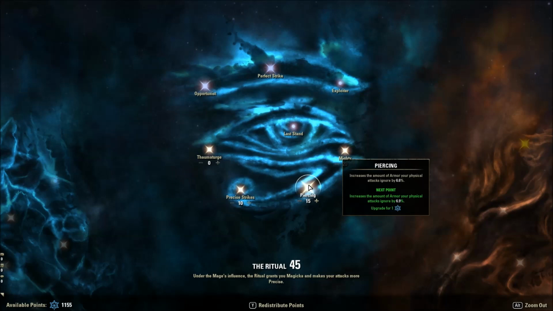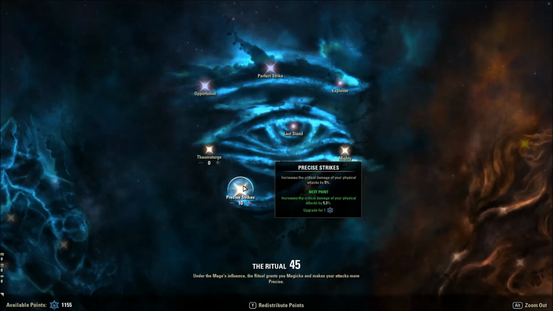After Mighty, then you want to go into Piercing, which increases the amount of armor your physical attacks ignore. So in other words, it's armor penetration. This seems to be my next favorite one. And then after that, Precise Strikes, which increases the critical damage of your physical attacks. So this build is really centered around doing damage through weapon power, but also through your critical hit chance and